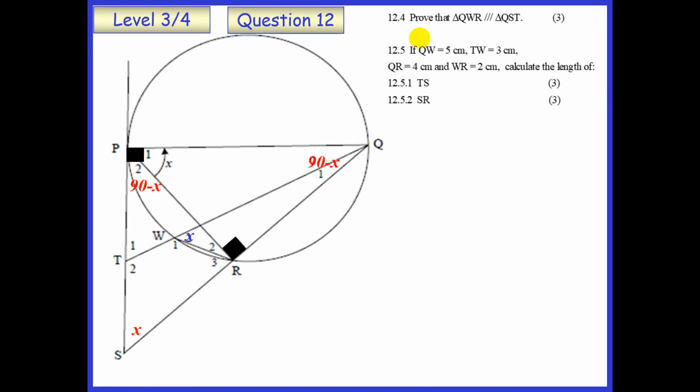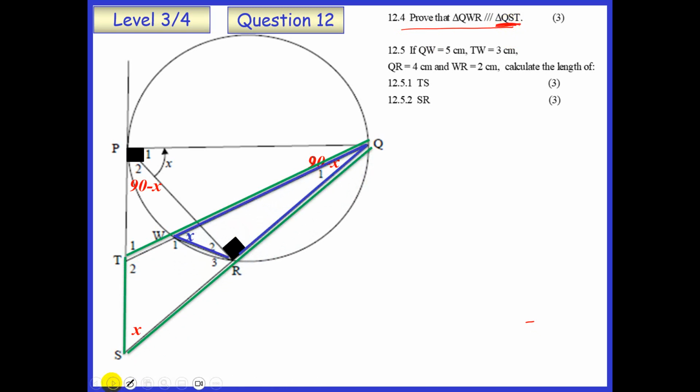And the first question there on similarity is to prove that triangle QWR is similar to QST. QWR and QST. So the first thing I want to do there is highlight those two triangles. So that's your green triangle, which is QST. Let's put it in. And then we're trying to highlight the small triangle, which is QWR. Now, on inspection, immediately you would see